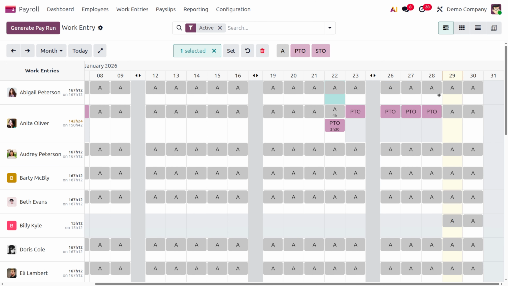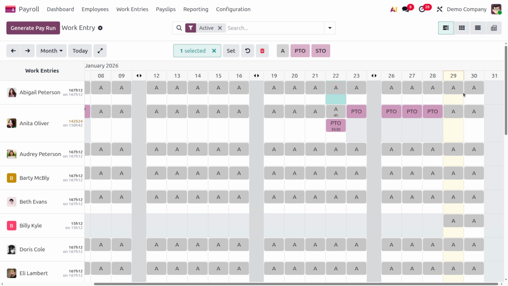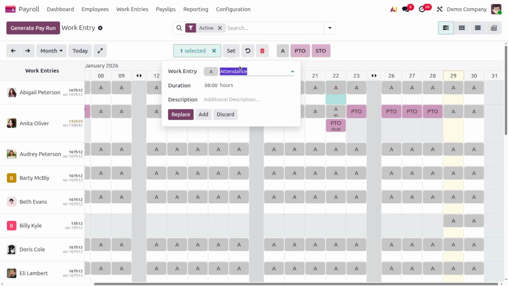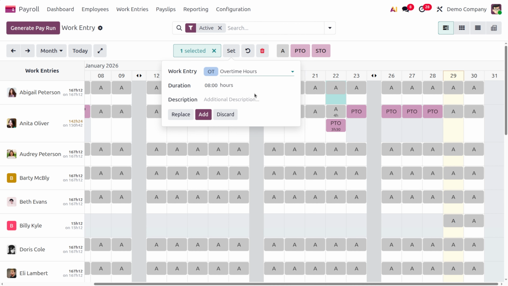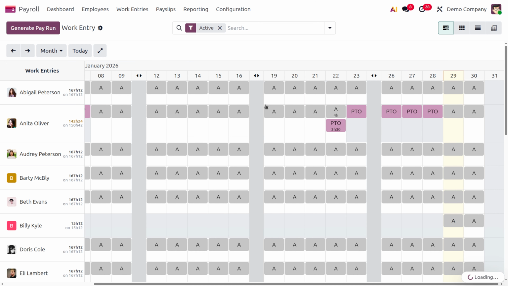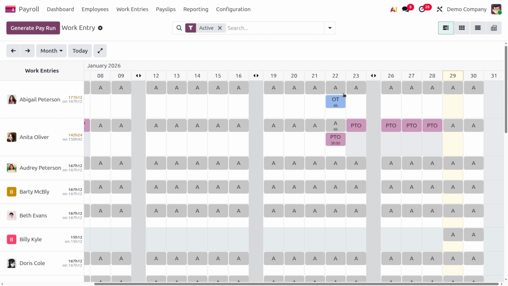And if you just want to add a new work entry, you can also add the work entry, and let's say that the employee Abigail Peterson has worked for an extra hour. So if you just want to set the work entry over here with the overtime hours, you can just go ahead with OT, and we can say that she has worked for 4 hours extra, and let me add it. Okay, so here you can see that currently we have added the OT, and here you can see that we